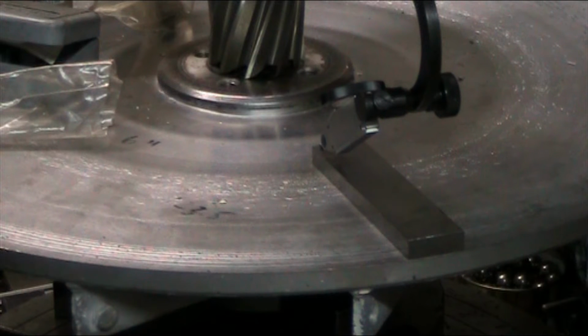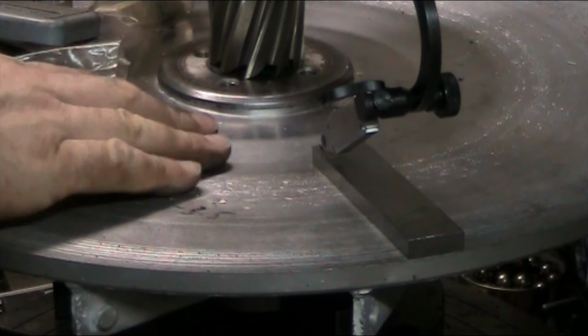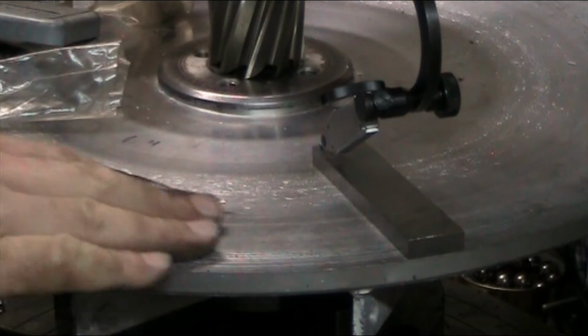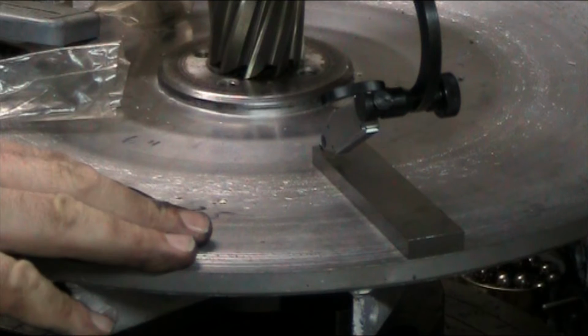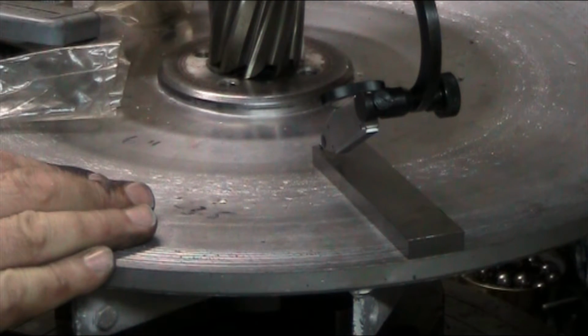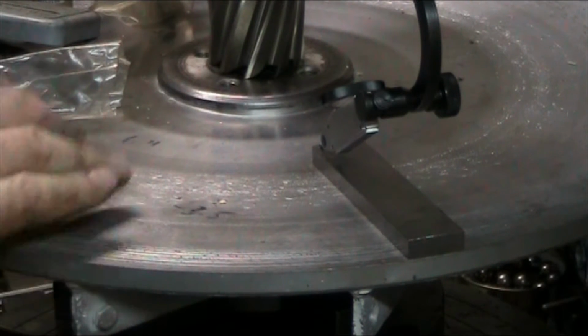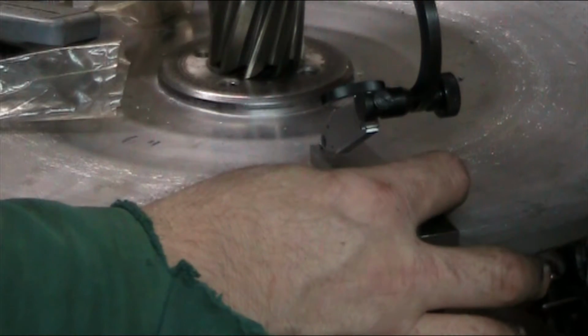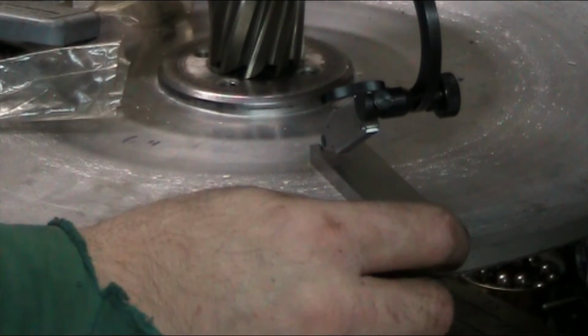Alrighty then, well here we are on this disc now, opposite of the anvil, and it has a tapered surface here. In order to get this milled down, I was going to put it on the lathe, but unfortunately it's too large in diameter to chuck up on the lathe, and I don't have a gap bed on the lathe to accommodate this, so it's going to have to be turned by hand